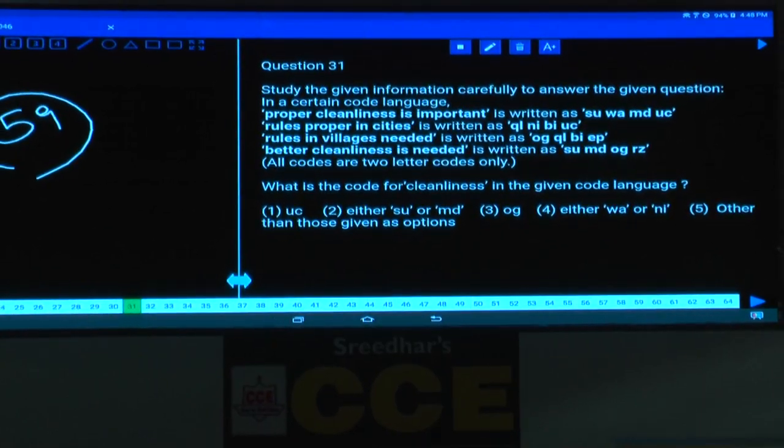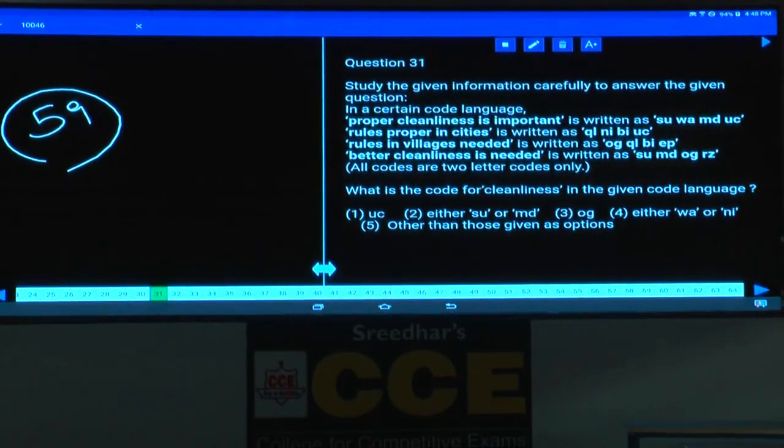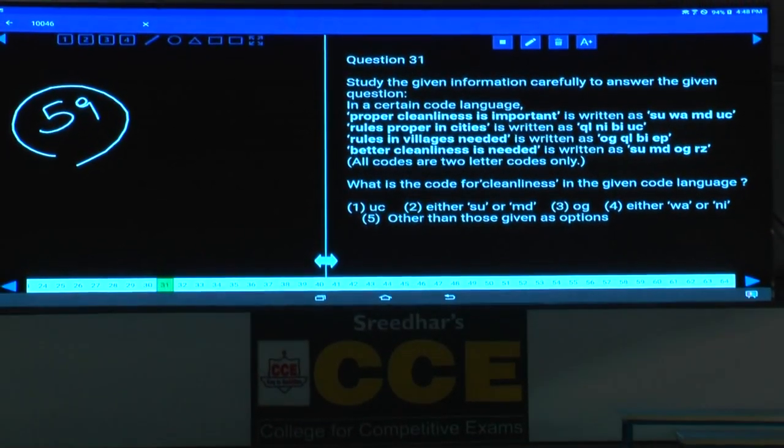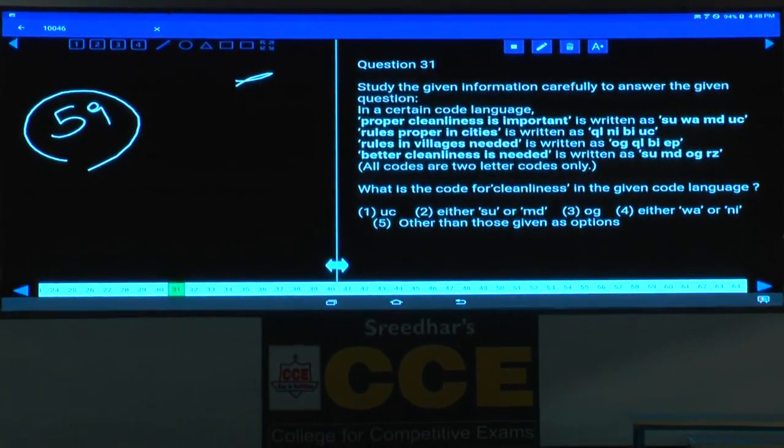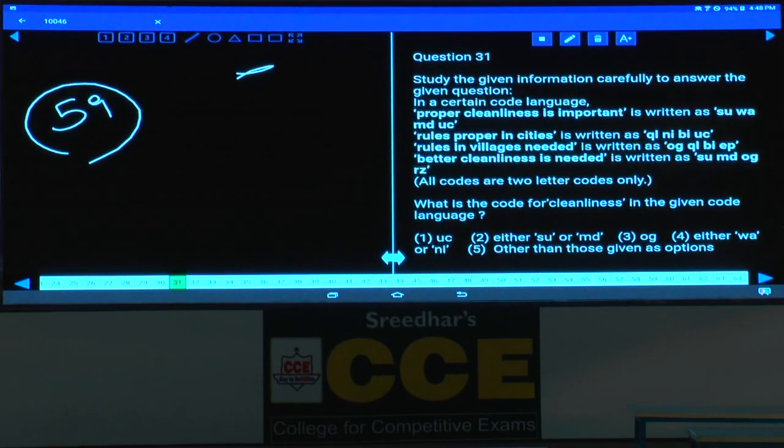Encoding and decoding regular model. Question numbers... now in this question numbers